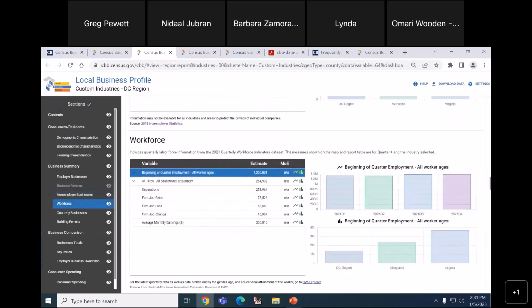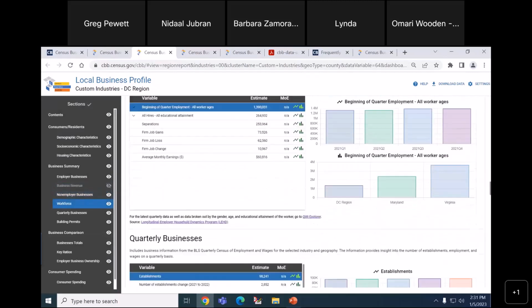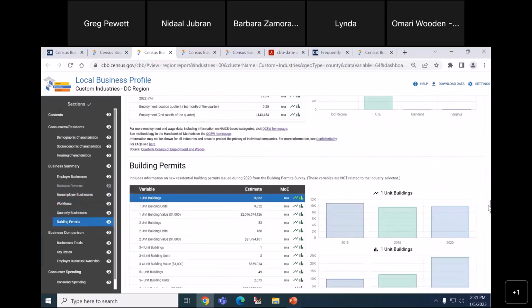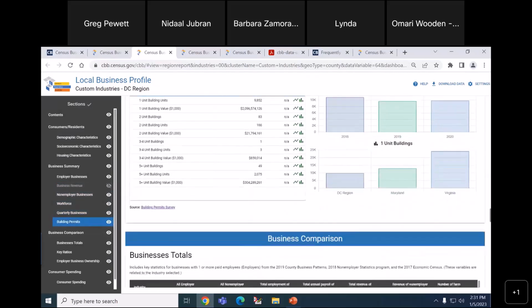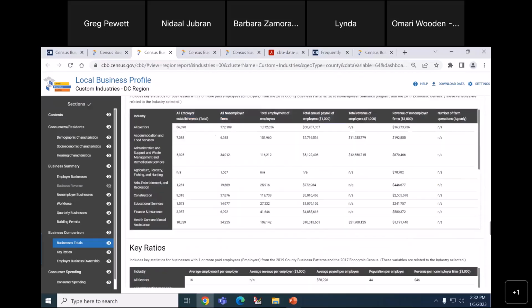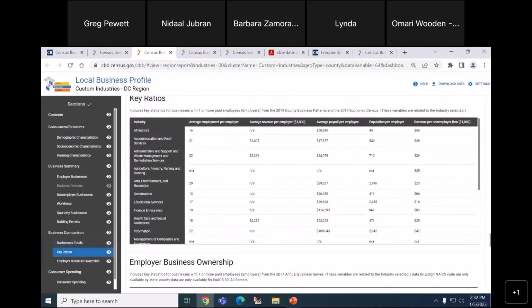Here we have non-employer business. We have workforce data, quarterly business, building permits. Again, this is for the overall region that we just built. This is the business totals. For those of you that are used to Small Business Edition, this is new. This used to be only in the Regional Analyst Edition, but now, because we only have one report, it is part of the experience. Here are the key ratios